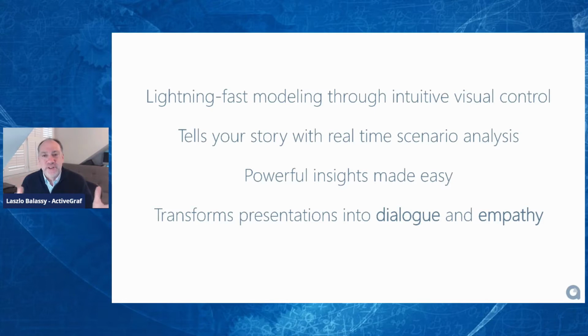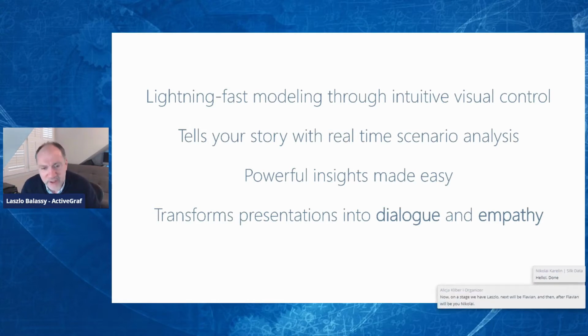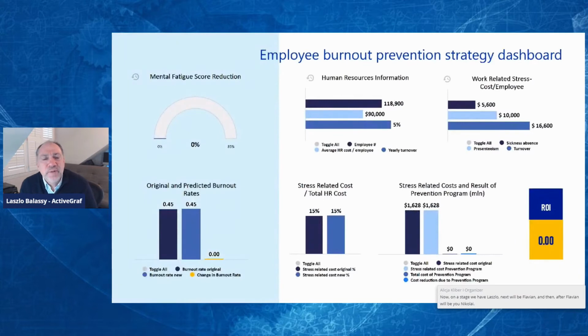If we go into a presentation with this deck that's 50 pages and we go through serially and present and present and present, we give up a big opportunity to involve the audience. And what ActiveGraf does is immediately it establishes dialogue and empathy, because you can go into a presentation and say to decision makers, whether they're clients or internal decision makers, what are your assumptions? Let's dial those in together, and then let's see what the impact is, rather than saying, this is what we believe to be the case. And that's the most powerful thing about ActiveGraf. And let's get right into it.